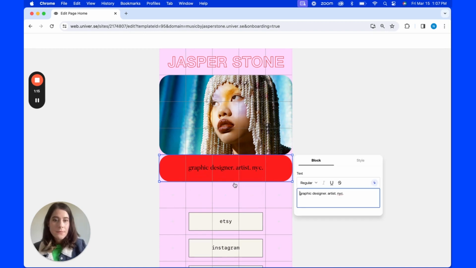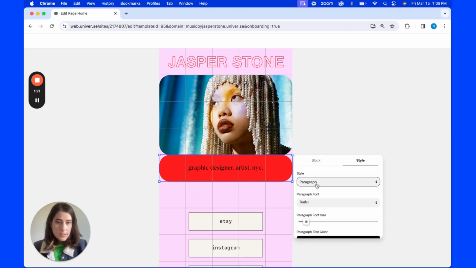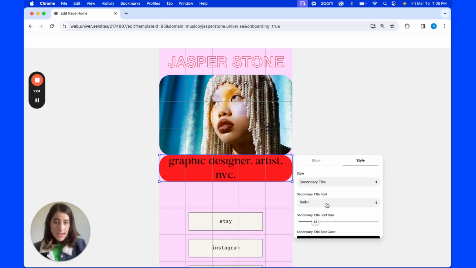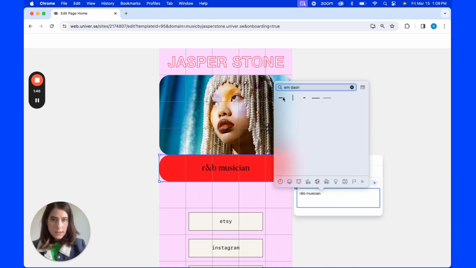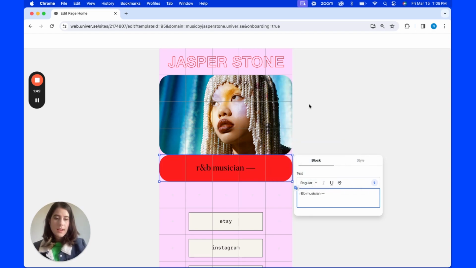So I'm going to hit edit, and then I am going to go to style again and make sure to select secondary title, and let me put this down a bit. And then what I actually want it to say is, I think we'll do R and B musician, and then, sorry, I wanted to find the M dash. Fun fact, you can find that in the emoji keyboard. And then we'll do NYC,